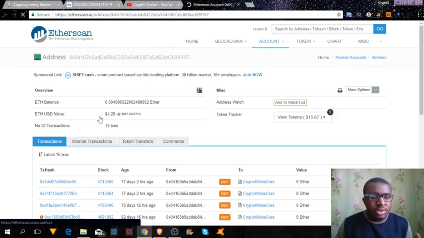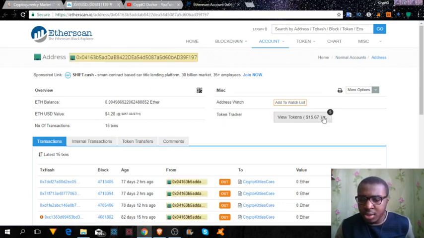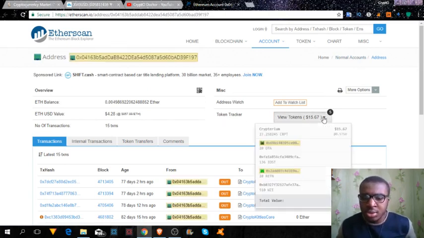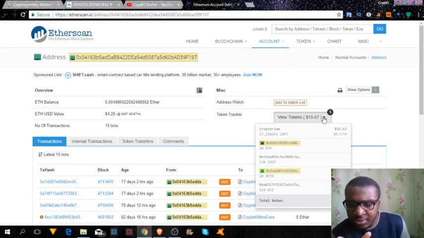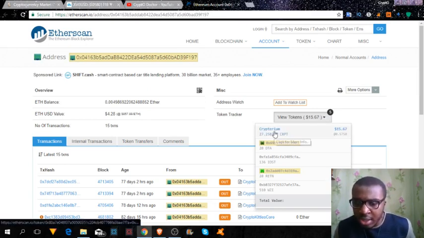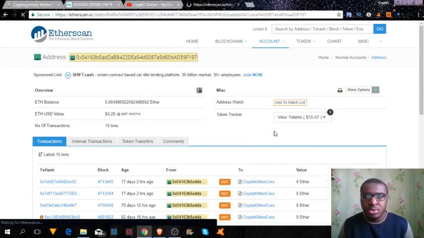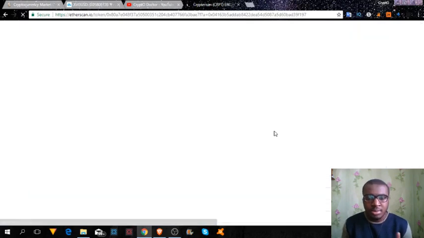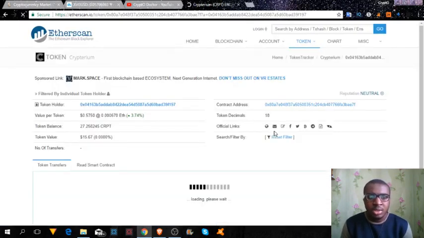So you will see all transactions I've received, and right here next to token tracker you will see view tokens, and by clicking on this I can see all tokens that have been received to this address, or all ERC20 tokens that have been received to my address. Now, for instance, I would like to add Crypterium to my Metamask. All I need to do is click on the Crypterium link and it will take me to